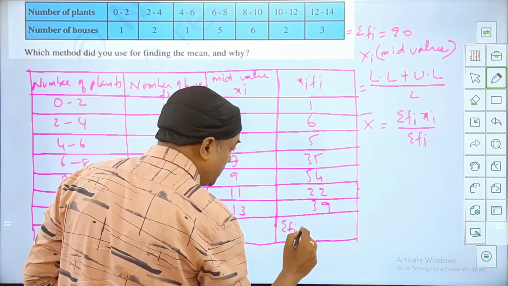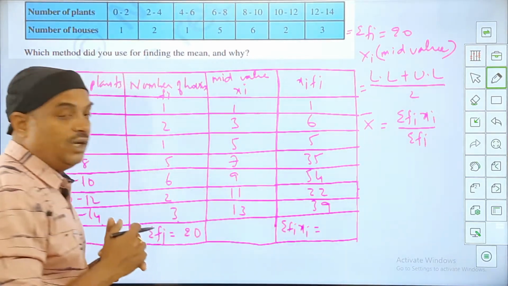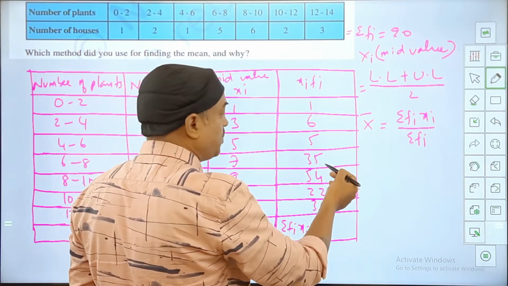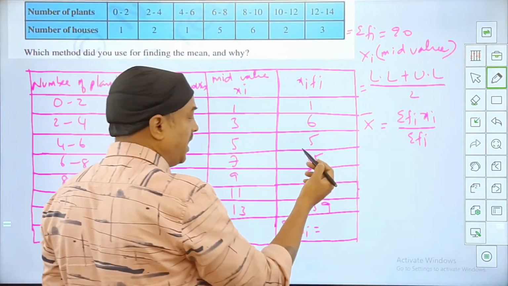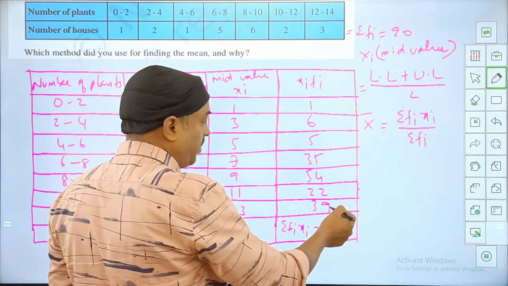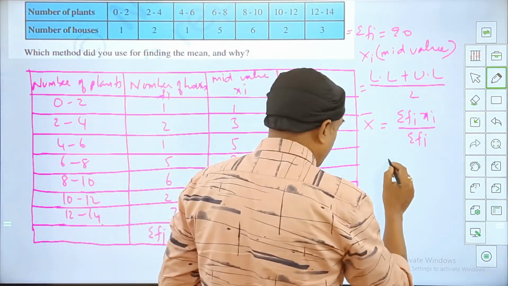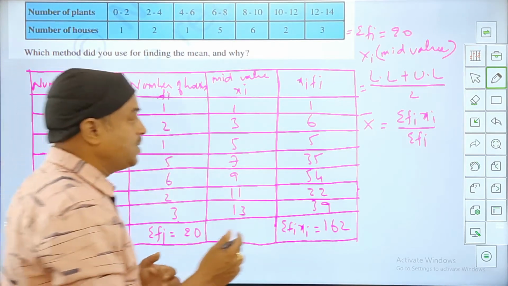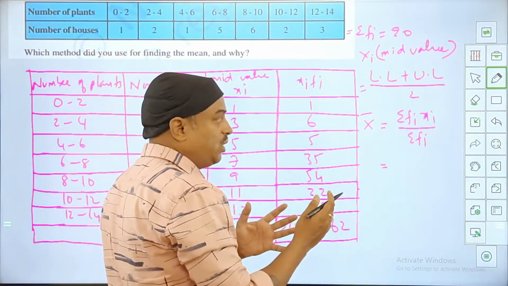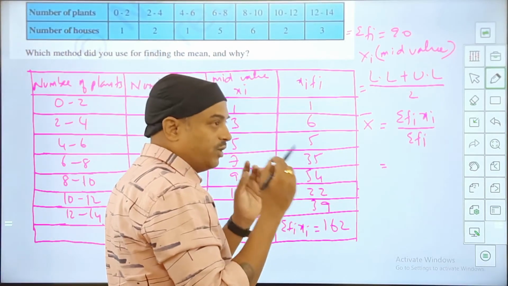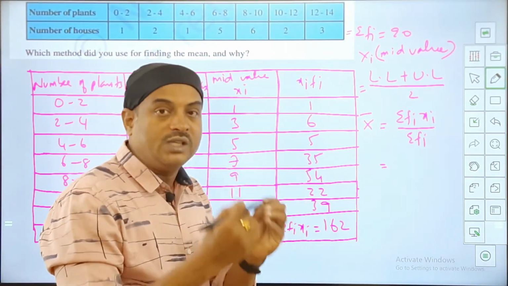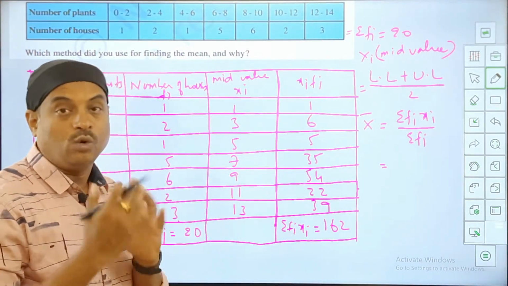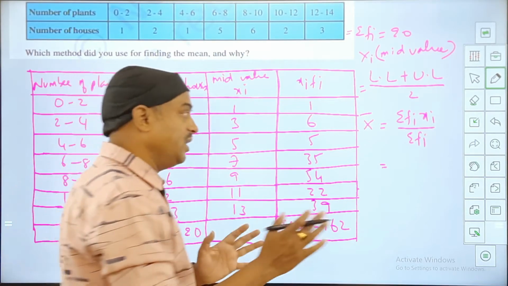And now I need to get the summation of Fi into xi. So here this is 7, 12, so 12 and 47, 47, 51 and 101, 101 plus 140, 162. I got this as 162 as my value. Okay, so here I'll substitute. You can always present yourself, you can write as many words as possible. I'm using the direct method because the mid values and frequencies are small, so the direct method is ideal for this. You can write all those things.